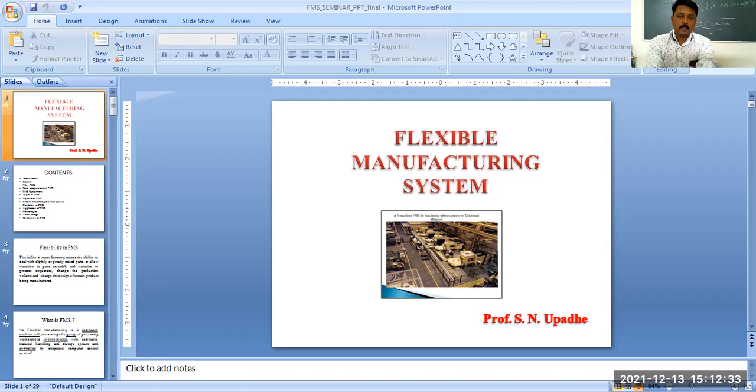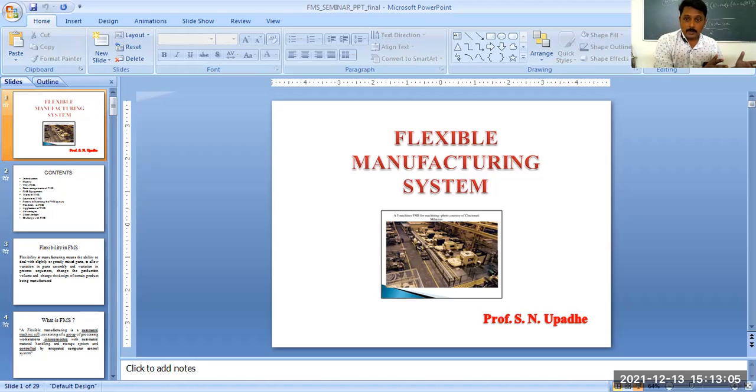So basically, when you know about NC, CNC, there are 3 types of machines generally used. There are traditional machines like lathe machine, milling machine that we have in our workshop that we could have seen in some industries. These are traditional machines. Then there are NC machines, which we call semi-automatic machines, because they are not fully automatic. So they are semi-automatic, numerically controlled equipments or numerically controlled machines.